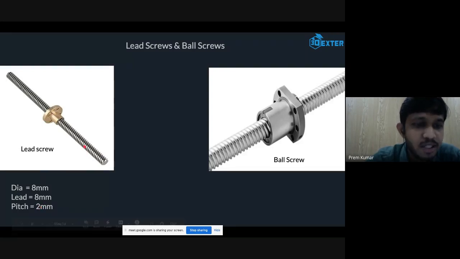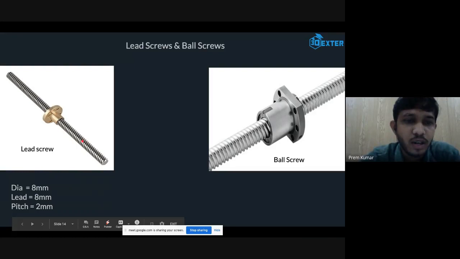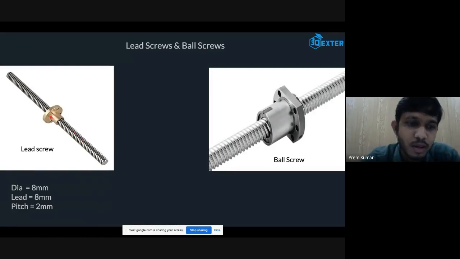But here we are saying that the lead is 8 mm, and when you rotate it 360 degrees, it moves 8 mm, which means it has extra threads over this shaft, like 4 threads. That is why these 4 threads make the lead 8, which means this complete lead screw is a 4-start lead screw.